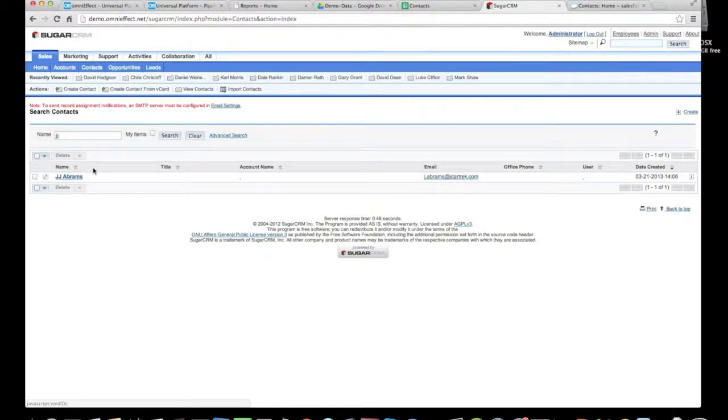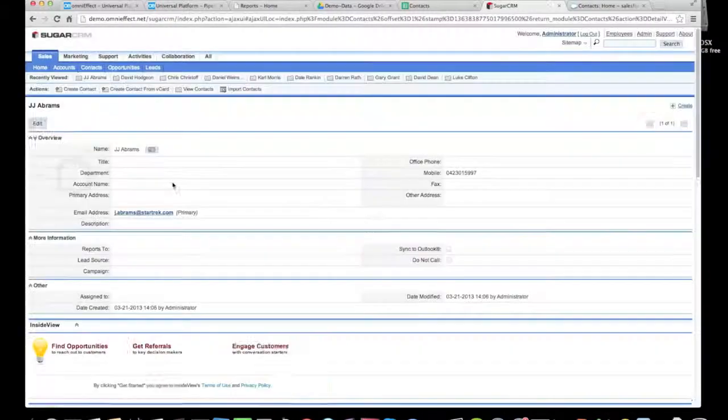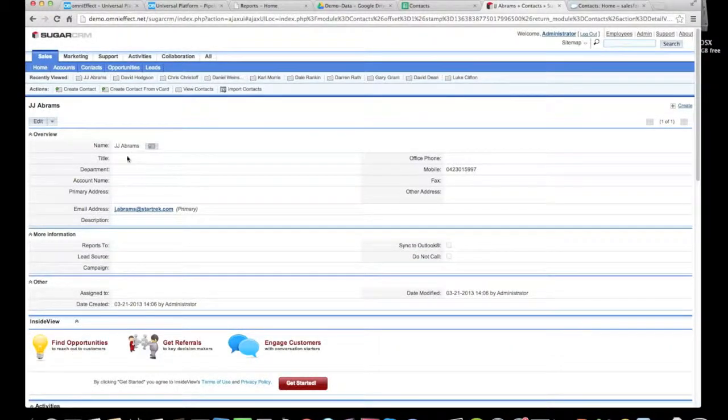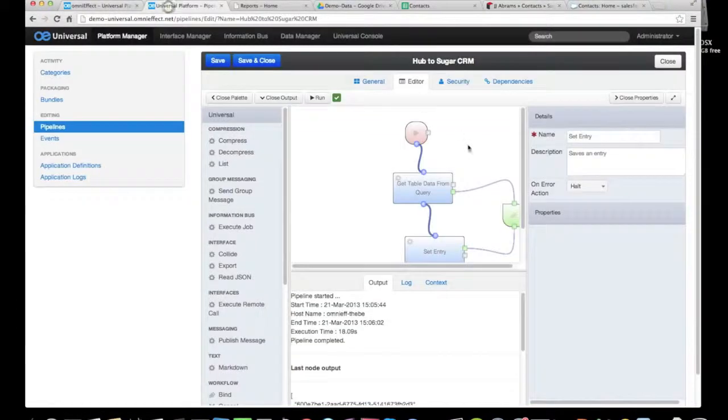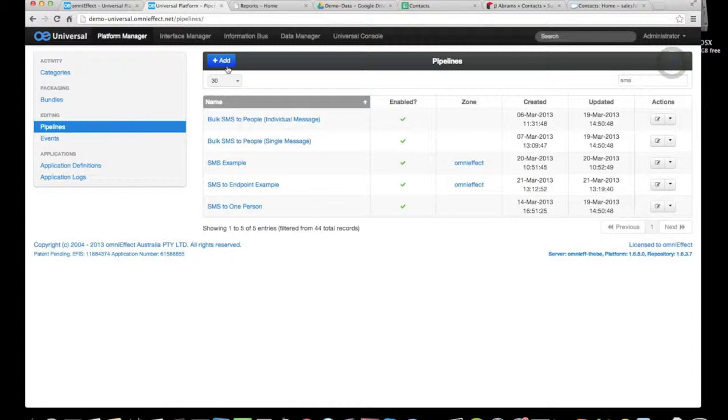So if I select J.J. Abrams, I can now drill down and see a little bit more information: he's got a title with no title, and he's got a mobile phone number which has been entered and a primary email address which has been entered, which is great. So what we're going to do is also go and put that into SalesForce through the